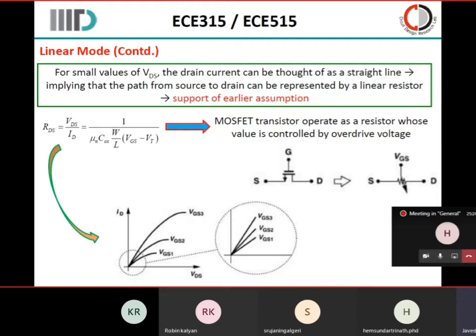In such scenarios, the practice is to use a variable resistor configuration like this as a transistor, and keep the VGS minus VT, the overdrive voltage, specific to it, to allow only that much amount of current to flow. You will say, okay, I only want about 5 microampere of current to flow, so you can design ID to be only 5 microampere. That is how you design. You don't design a resistor specifically. You decide how much current is needed, and based on that, I will make this act like a resistance.